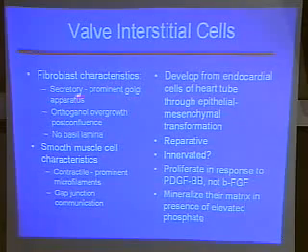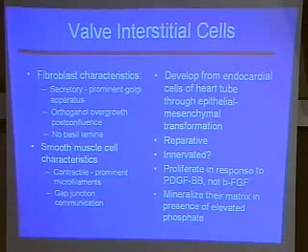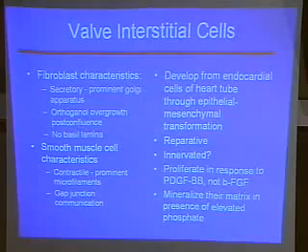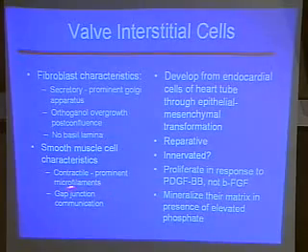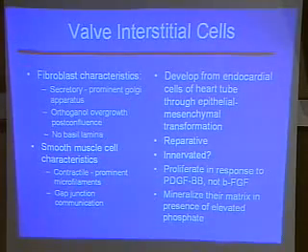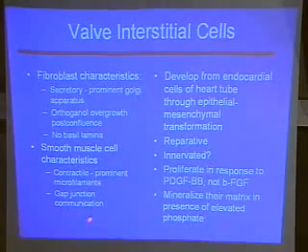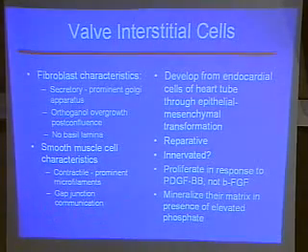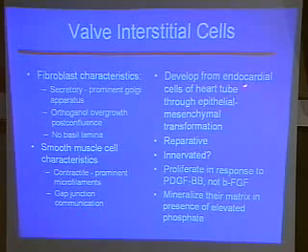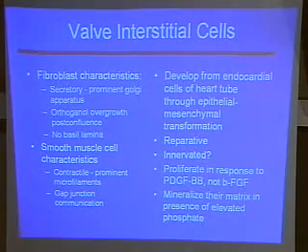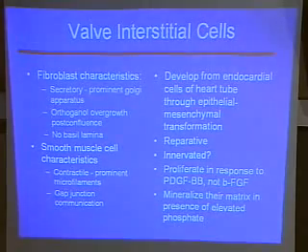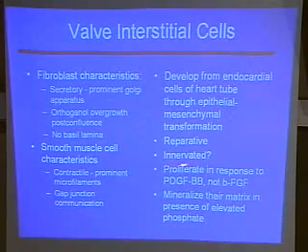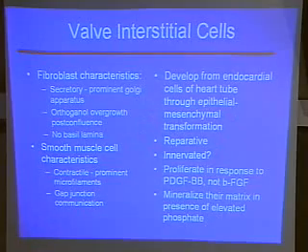So like a fibroblast, it is secretory and has prominent Golgi apparati. When grown to post-confluence, the cells demonstrate an orthogonal overgrowth pattern, and the cells have no basal lamina. However, like smooth muscle cells, the cells are contractile and have prominent microfilaments and demonstrate gap junction communication. These cells develop from the endocardial cells of the primary heart tube during development through an epithelial mesenchymal transformation. They are thought to be reparative and may also be innervated.